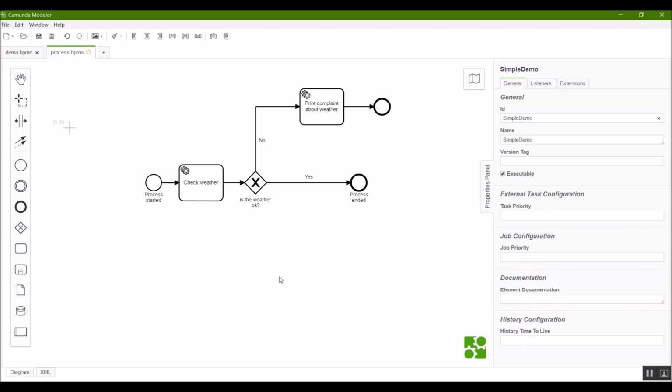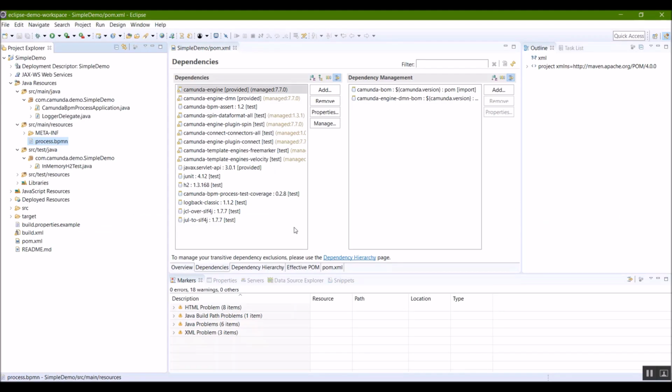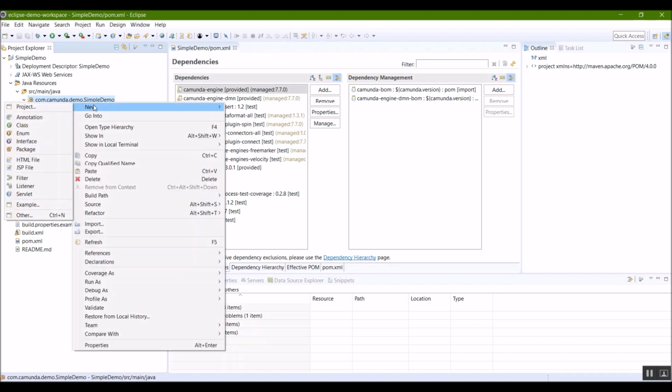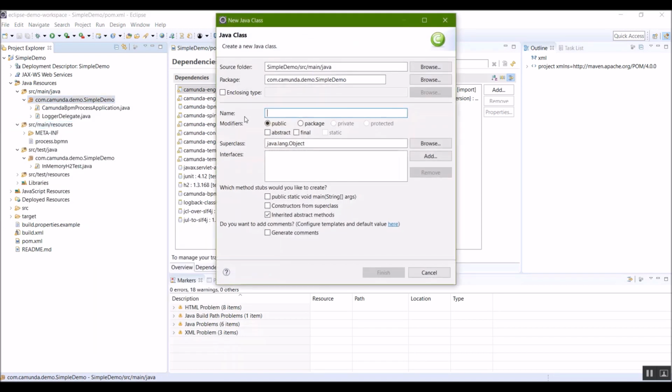So I'm going to return back to Eclipse, and I'm going to go to source main Java, and here we have our Camunda demo simple demo package. I'm going to right click here, select new, and select class. Now I'm going to create a class that's going to generate the weather, so it's going to be, let's say, check weather delegate.